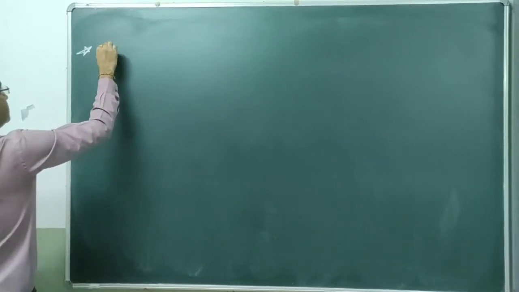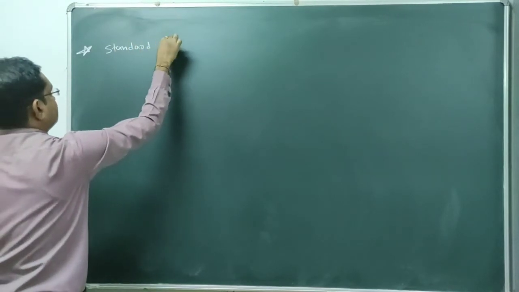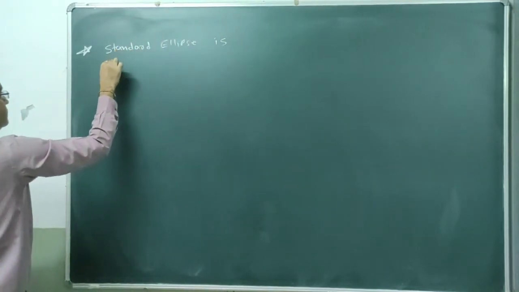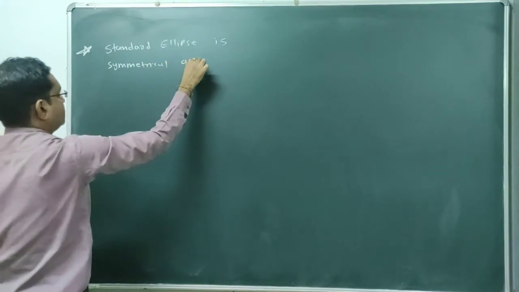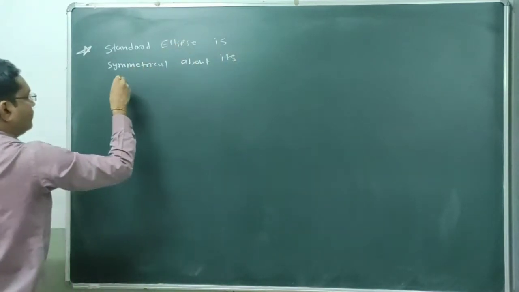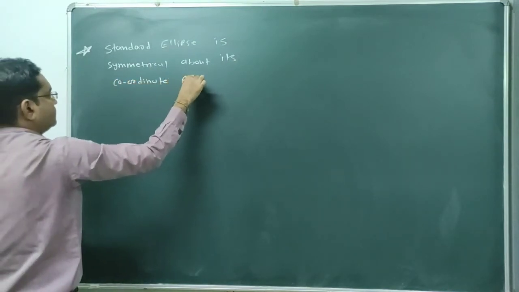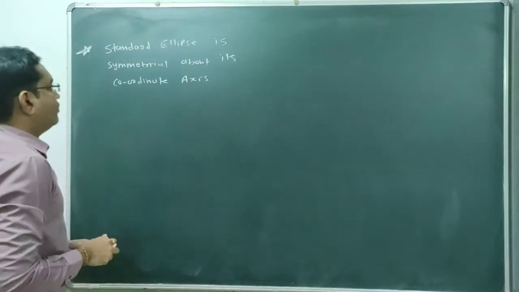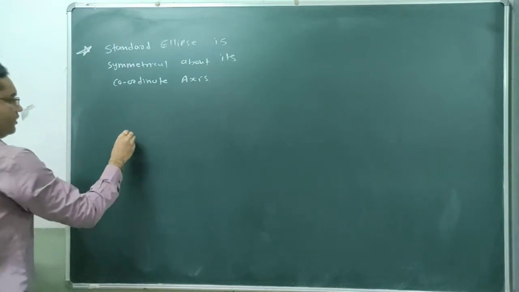Okay, next concept is: standard ellipse is symmetrical about its coordinate axis. What does this mean? See, consider one